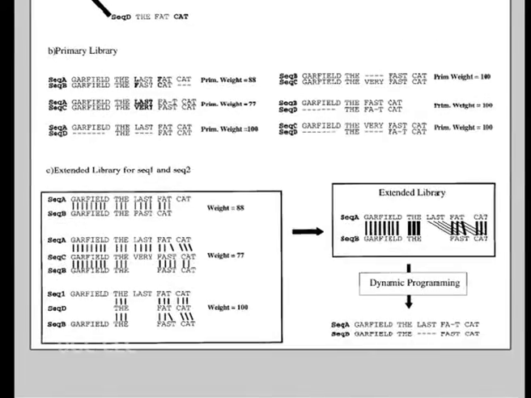Library extension for a pair of sequences. The 3 possible alignments of sequence A and B are shown: A and B through C, A and B through D. These alignments are combined as explained in the text to produce the position specific library. This library is resolved by dynamic programming to give the correct alignment. The thickness of the line indicates the strength of the weight.